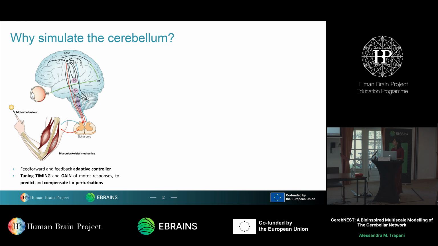So, you would ask why simulate the cerebellum, why is it so interesting? Well, first of all, from the functional point of view, the cerebellum has a crucial role in motor control, behaving like a feedback and a feed-forward controller. And it acts in timing and gain of our motor responses, being able to predict and also compensate for possible